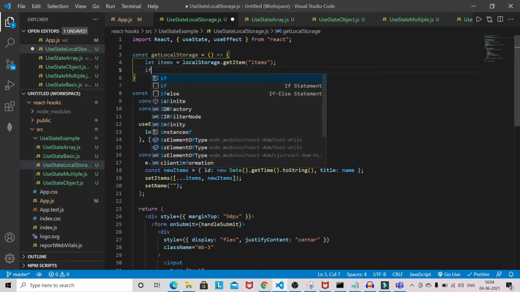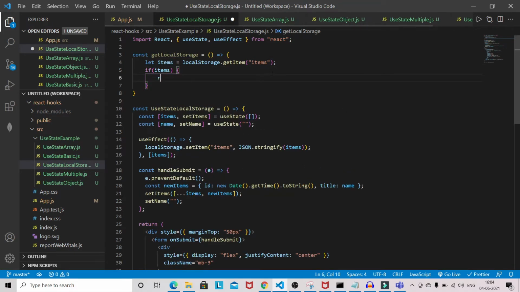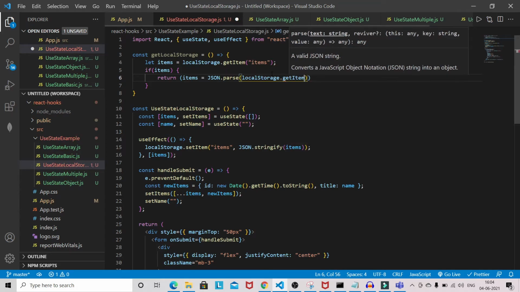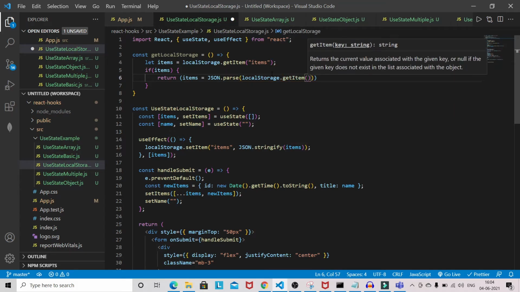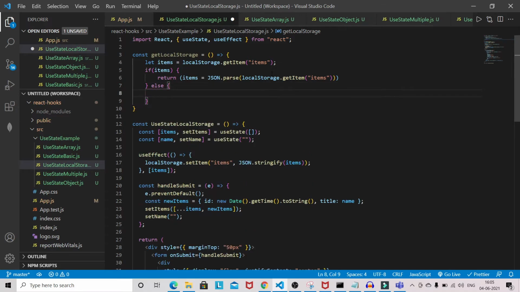First it will check if we have the items, then return items, JSON.parse of localStorage.getItem items. If we don't have, then in else we will return the empty array.